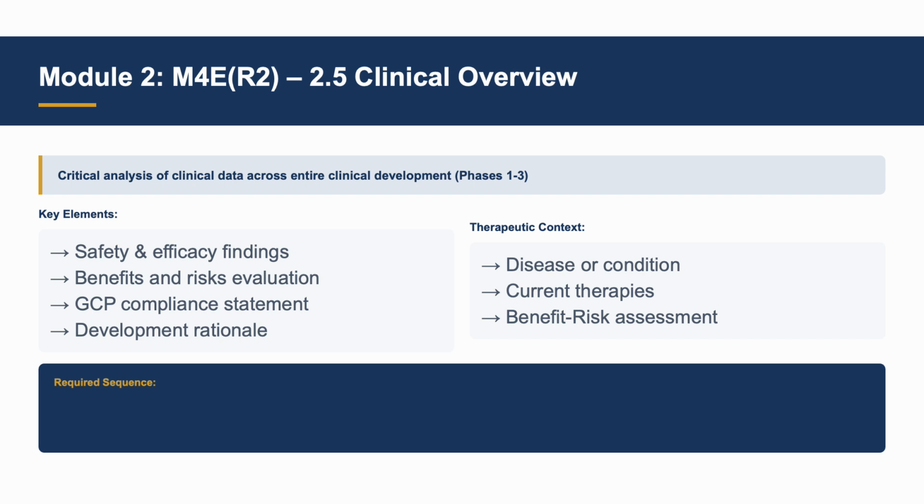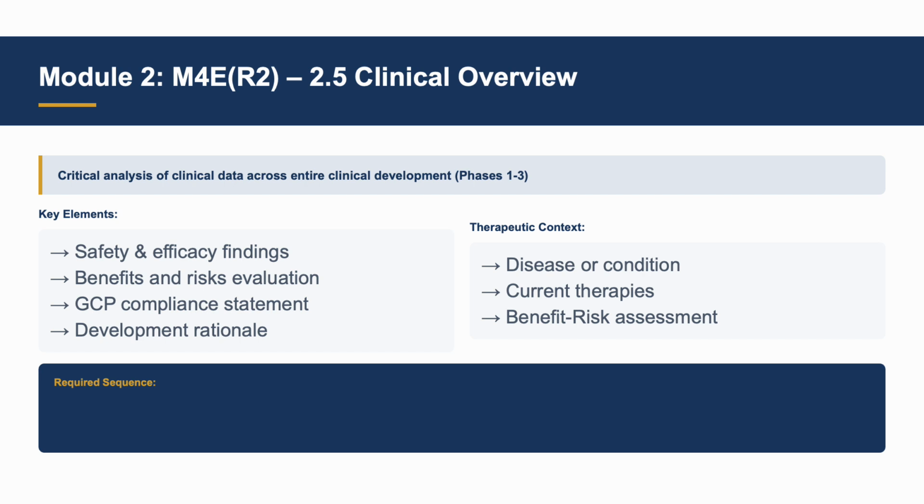Section 2.5, the clinical overview, provides a critical analysis of the clinical data and presents the conclusions and implications of findings from across the entire clinical development program. This is where you tell the clinical story of your product, from early Phase 1 studies through pivotal Phase 3 trials. The overview should highlight important safety and efficacy findings and provide a thorough evaluation of the benefits and risks